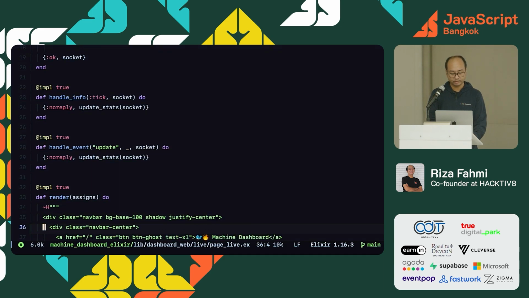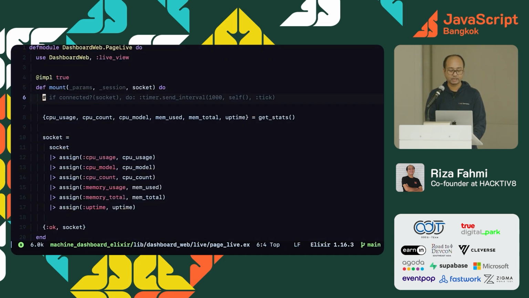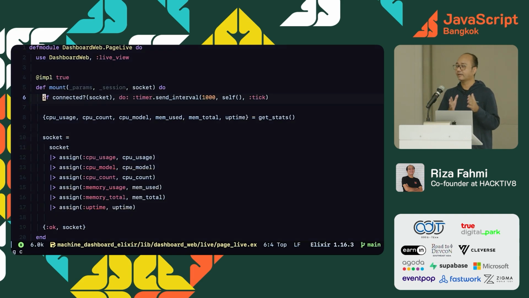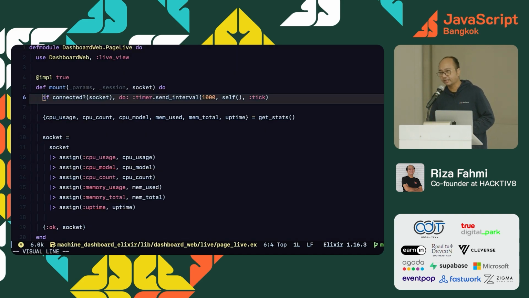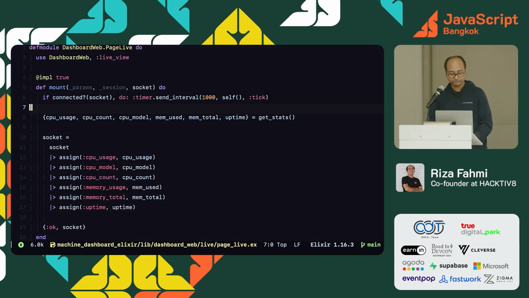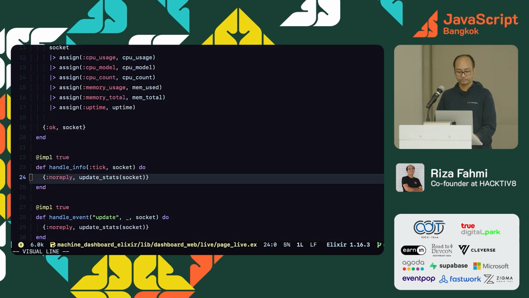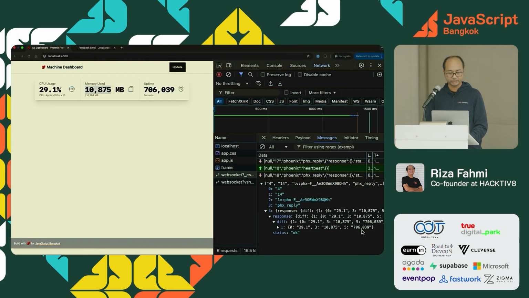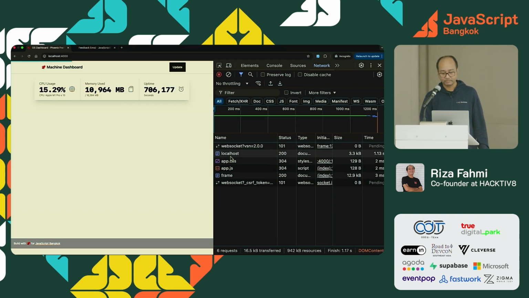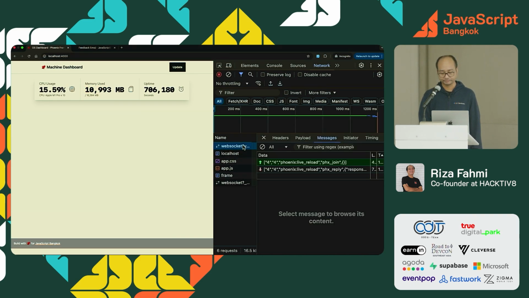And if we do something similar to the STMX version before, we can update every 1 second, but this time the server will tell that we need a timer every 1 second. It will trigger a tick event that we handle here, same as handle event, that will call the update stats. So if we save and we see, this is now updating every second.